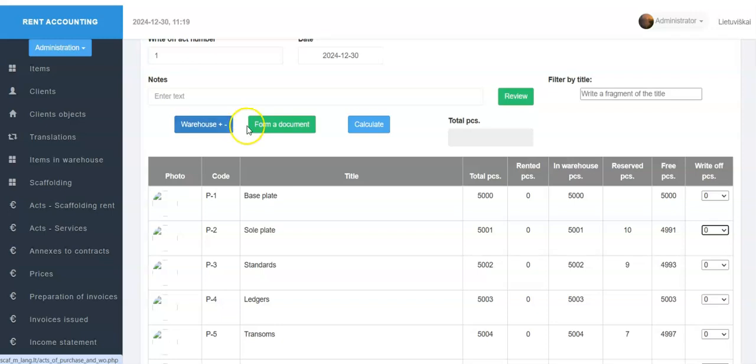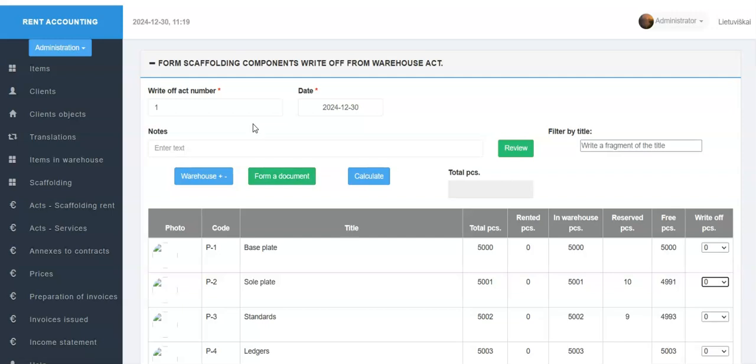In the write-off act number field, the program enters 1 if there were no write-off acts on the current day, and in case write-off acts have already been formed on the current day, then the number following the highest write-off act that already exists on that day.